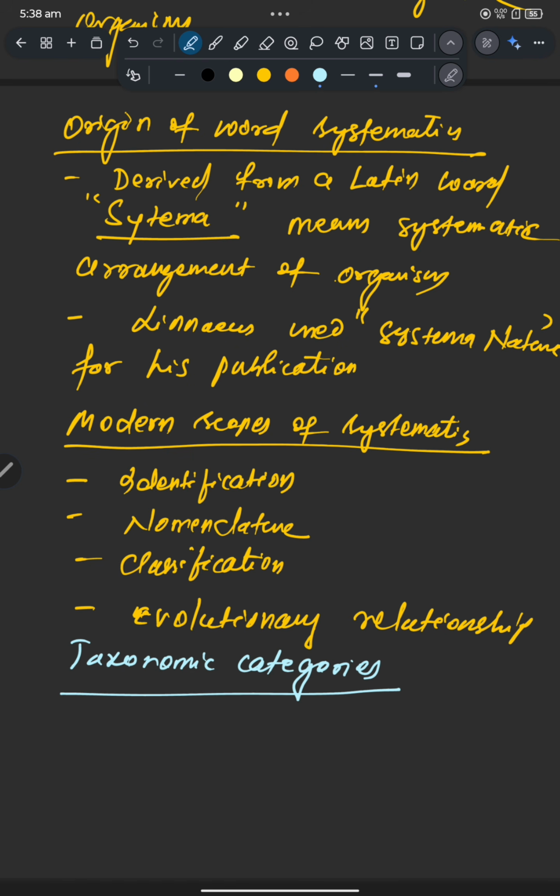So see, when we classify one organism, it involves hierarchy. Suppose I am taking a dog. As I have shown you, dog is a mammal, then mammals are animals. Similarly, there is a hierarchy prepared by the taxonomists, and that is called taxonomic hierarchy. So its meaning is, taxonomic categories means the classification